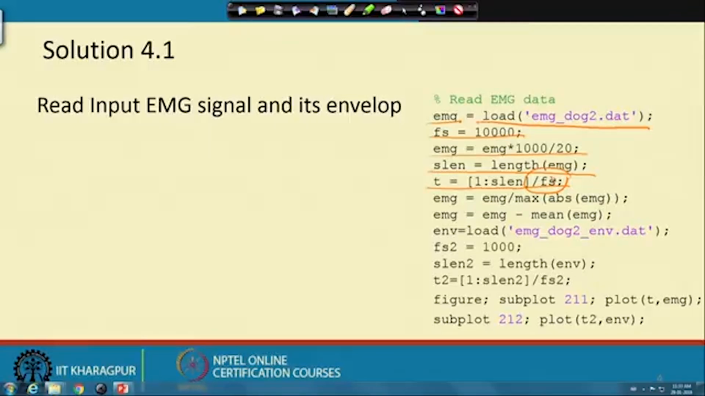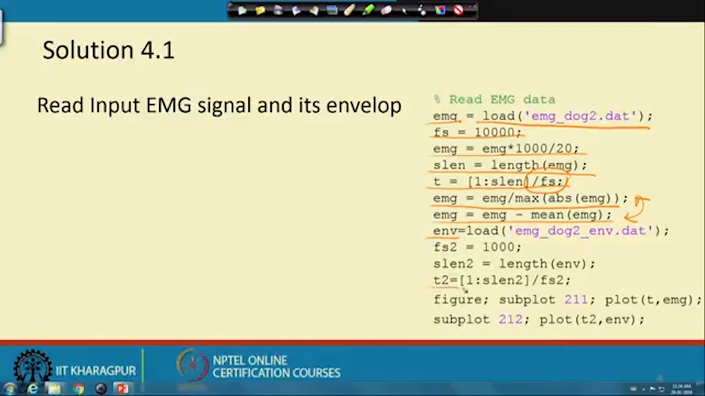And then we normalize the signal and eliminate the mean. In fact, these two steps could be done in either order; we can remove the mean first and then do this. Then we have loaded the envelope which is given, which we need to compare,